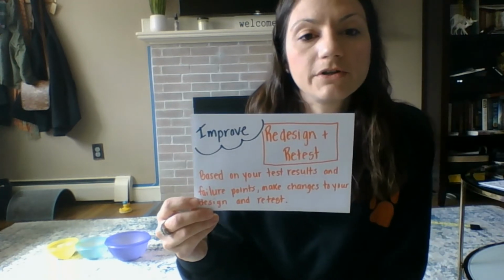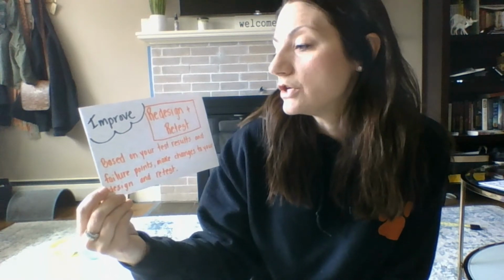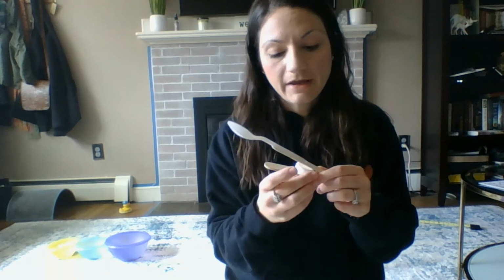So we're going to do a little redesign, and then we will retest and gather some more data on our new design, right? There were a couple of things I noticed when I was doing my tests. I was wondering if I had a bigger object in the middle here, would that give me some more spring, as in, would I be able to put a little more flexible tension on the end of my object, and maybe that would give me a more accurate